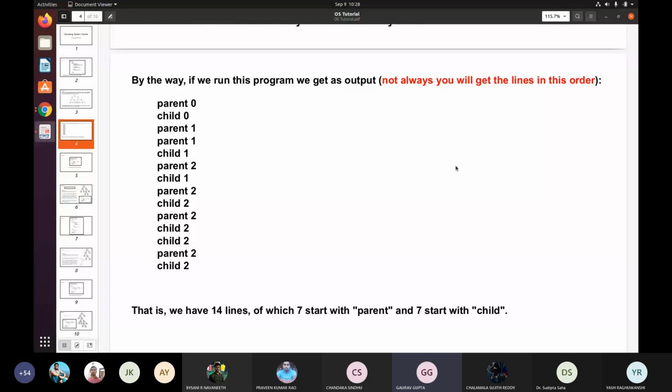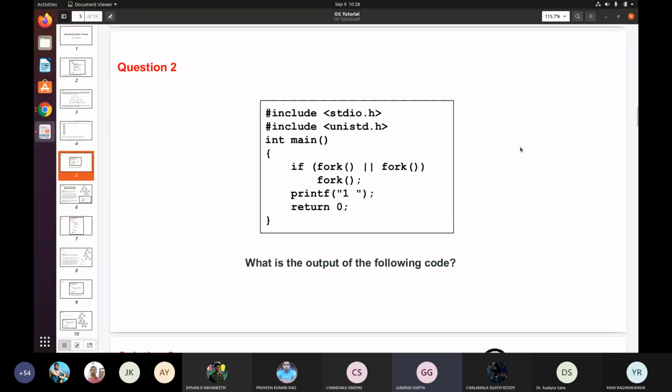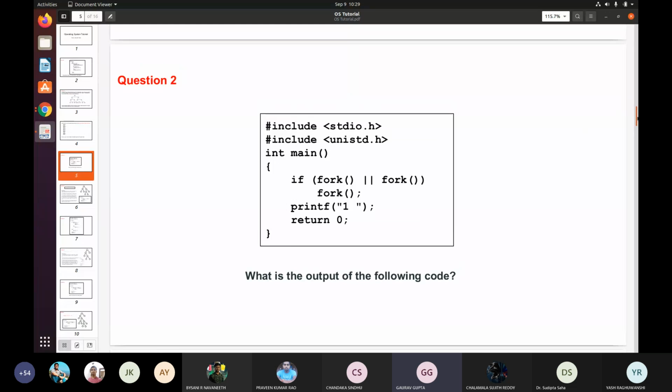The next question will be actually a good application of fork, and if you know how loops and the AND operator work, you can do it easily. Given this C program, you have to tell what is the output of the following code, using the same concept of pid. The main focus will be on what it is returning, and similarly how this loop will work. So try it, it is a good question.